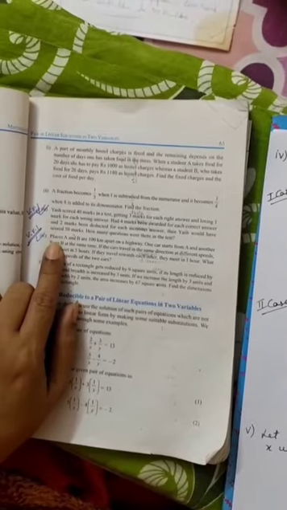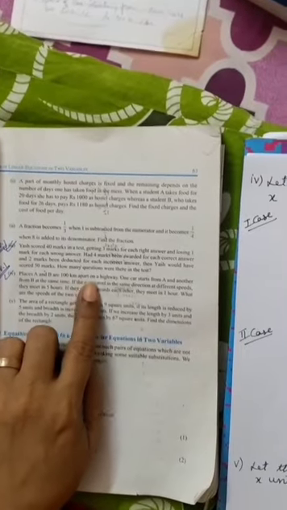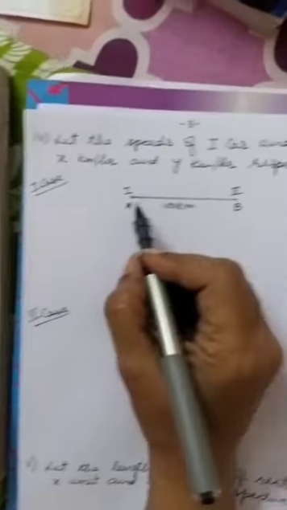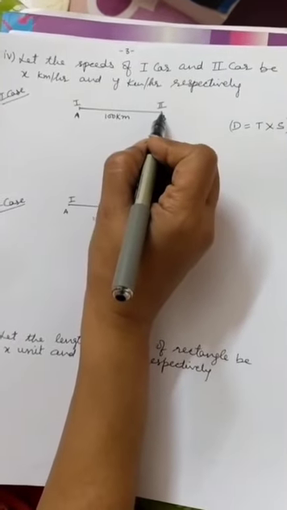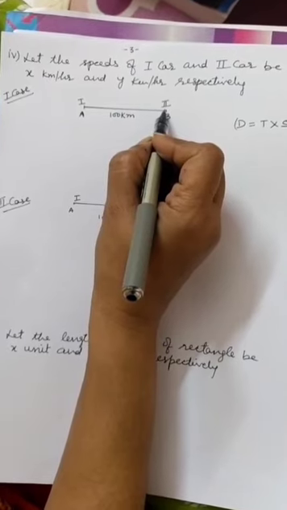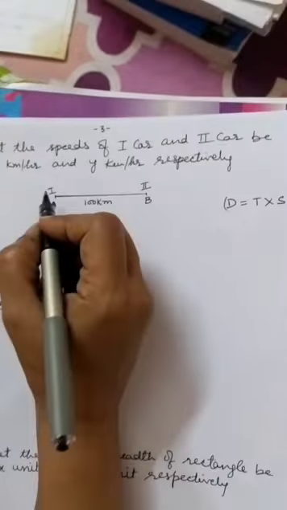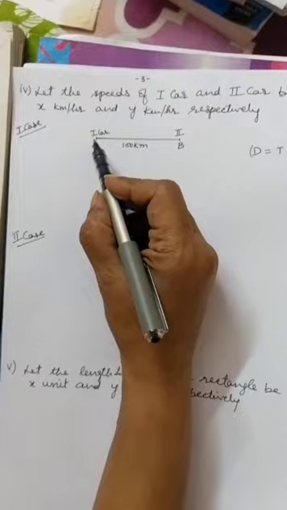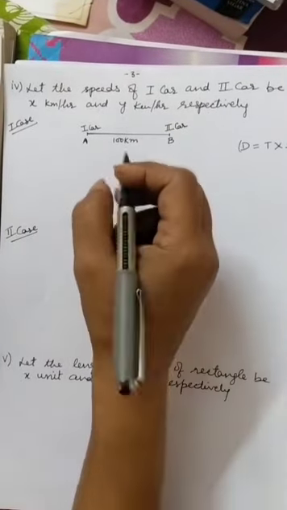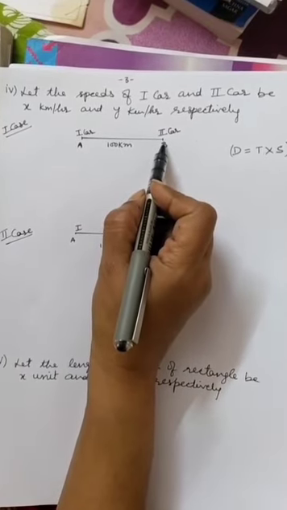Now question 4, fourth part. Let us read. Places A and B are 100 km apart on a highway. Let us see in the figure. Suppose this is the highway. Here is point A, place A, and this point B is place B. Next, let us read. One car starts from point A and another from B at the same time. Let the first car be at point A and the second car at point B. The first car starts from A and the second car starts from point B at the same time.